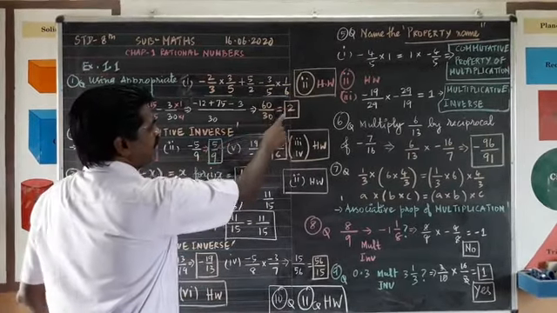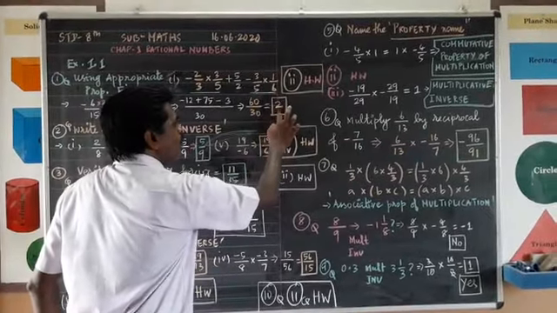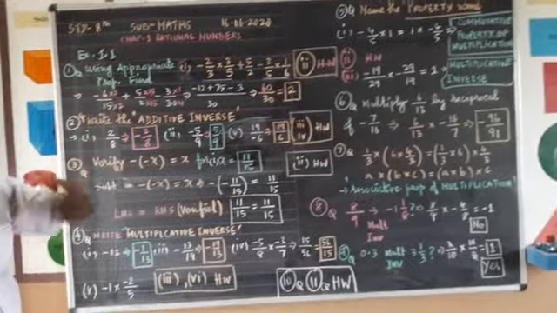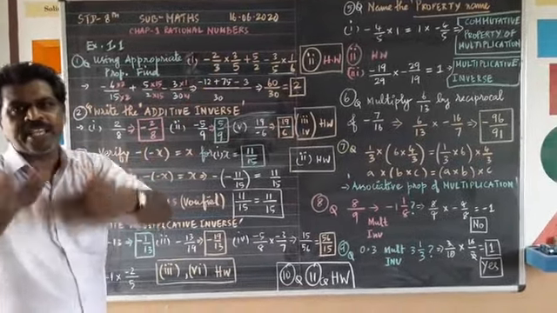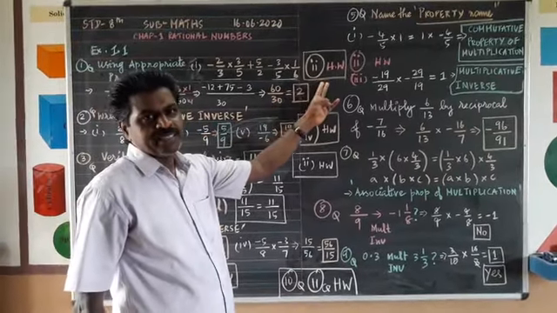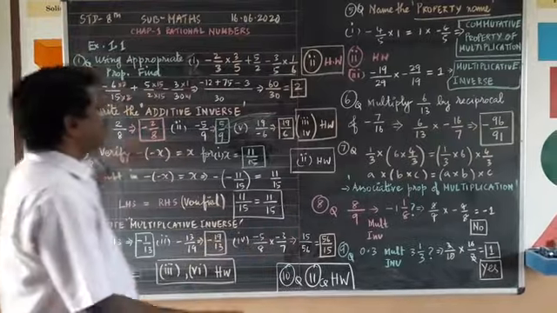When you divide it, you get 2, which is a rational number. 2 means 2 upon 1. Understood? This is your first one. Using the appropriate property, I have used the closure property. You can use any other property also. The second problem in the first question, you take as homework. Okay? This is the first one.